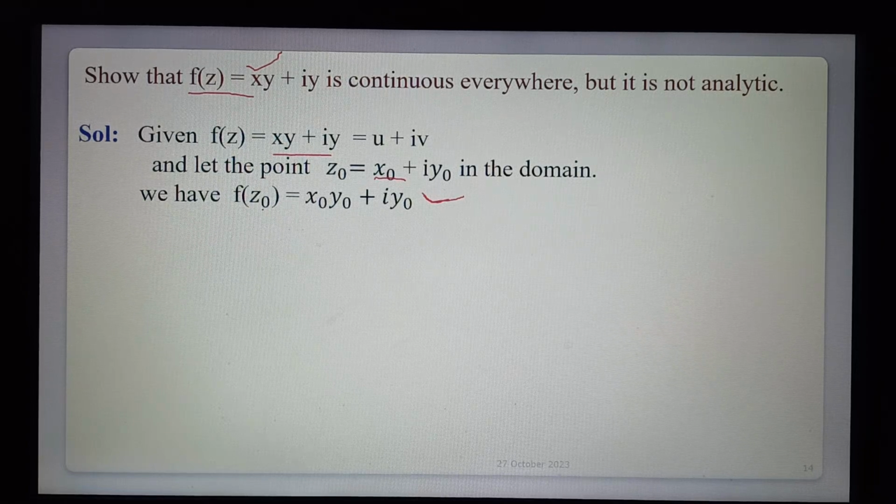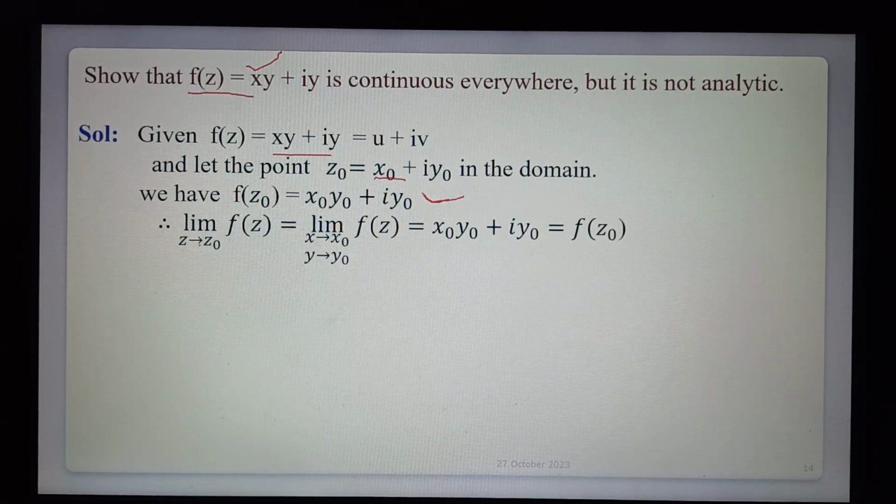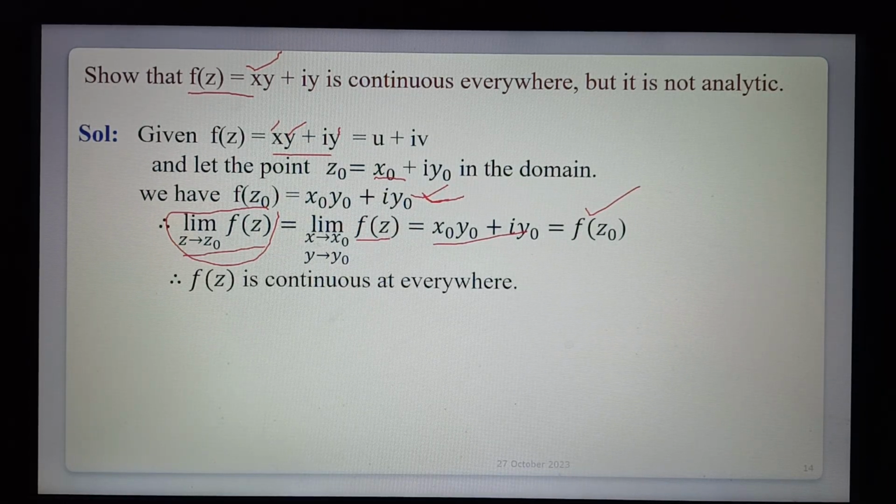Okay na? Now finding the limits. So limit at the point z naught, limit z tends to z naught f of z is equal to limit, z is x comma y, z naught is x naught comma y naught కదా, and x tends to x naught, y tends to y naught of f of z. So that is x naught y naught plus iy naught, which is equal to function value కదా. So see that f of z naught and the limit value, the limit is equal to the function value. Okay na? So therefore given function is continuous. Okay, now